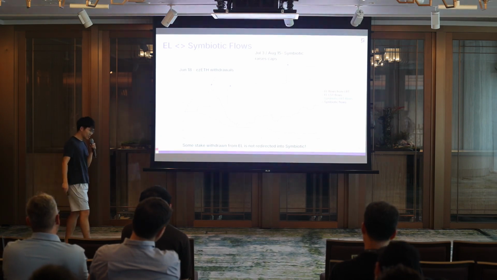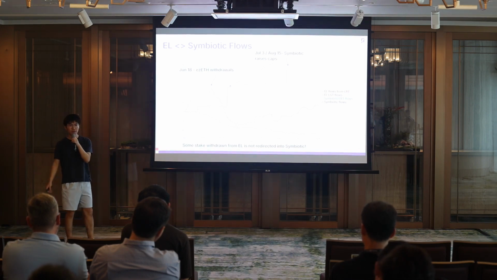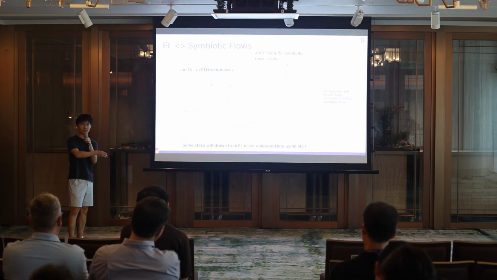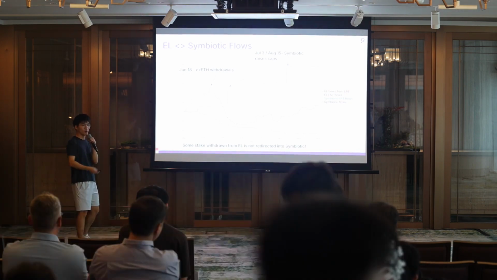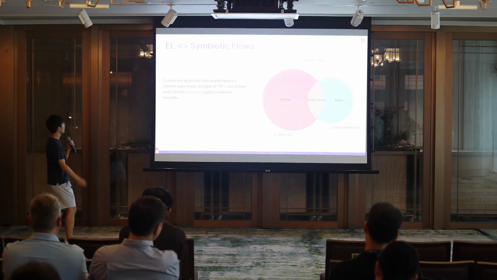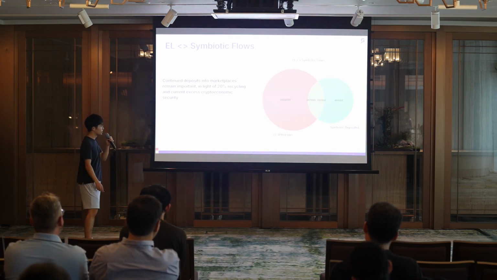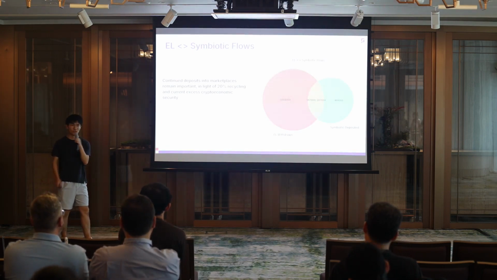And what this can tell us is that, hey, we know there is a migration between Symbiotic and EigenLayer, but perhaps not all the stake is moving from Symbiotic into EigenLayer. And if that is the case, if we don't know where that stake is going, where is that stake possibly going, right? So if you do this analysis, you'll find that throughout the 3 months, June, July, August,